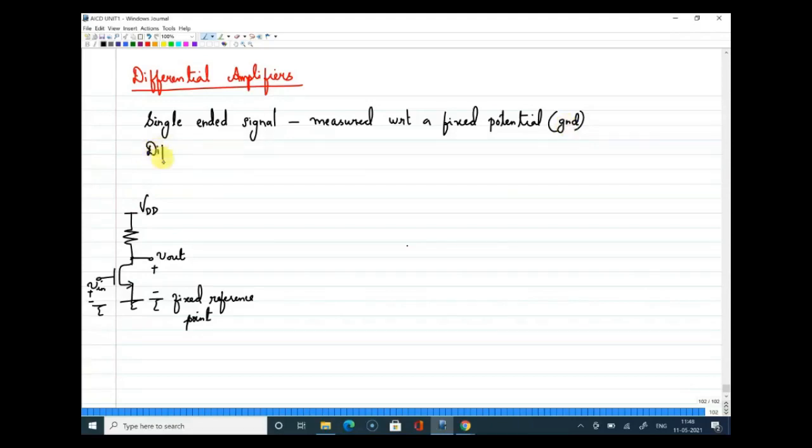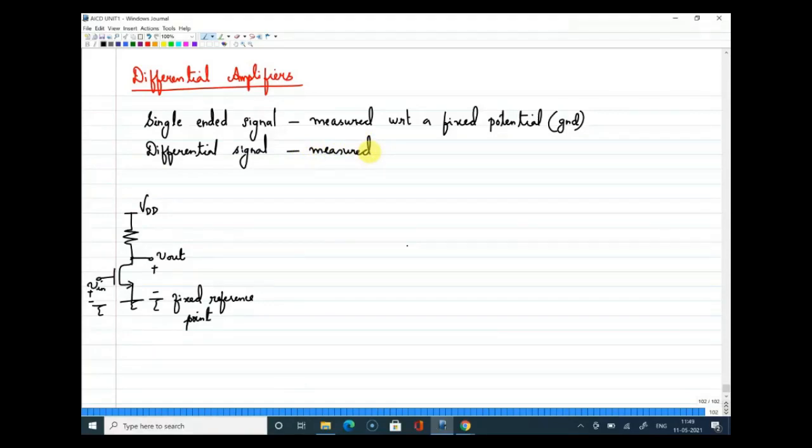Now let us see what a differential signal is. Do you have any idea what a differential signal is? We understood what a single-ended signal is. What do you think a differential signal will be? All right, you think on that. Okay, that is the previous answer, I guess. So a differential signal is basically